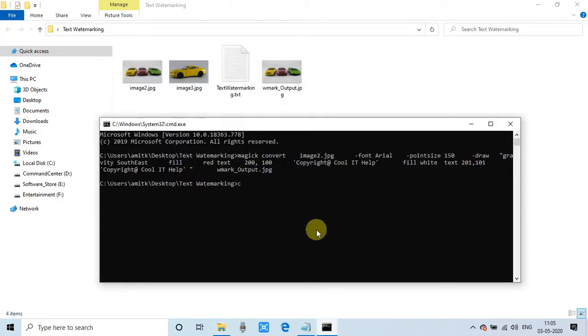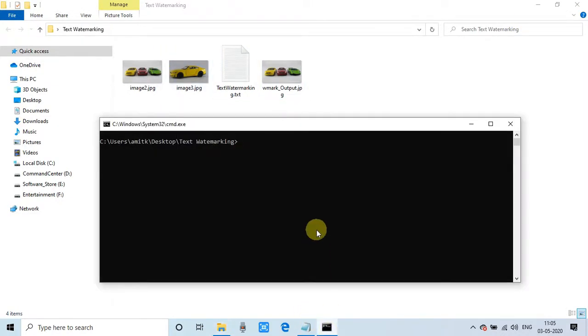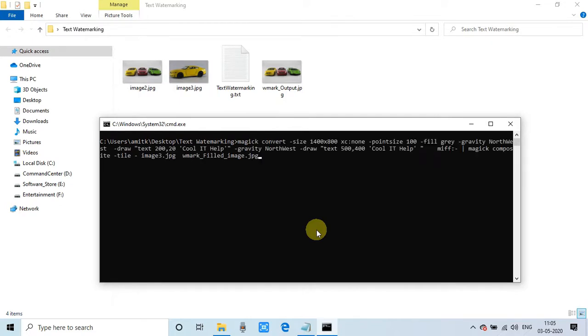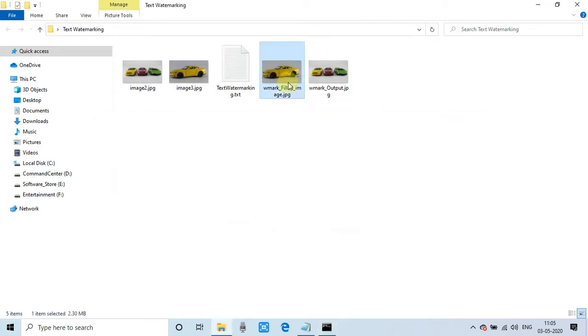Now I'm going to run this command, which is given in the description, guys. You can pick that and try it on your own, and you will be able to understand the components very easily. Here we go, the output file is produced. Now we will see the output. I will open this image. Now you can see,